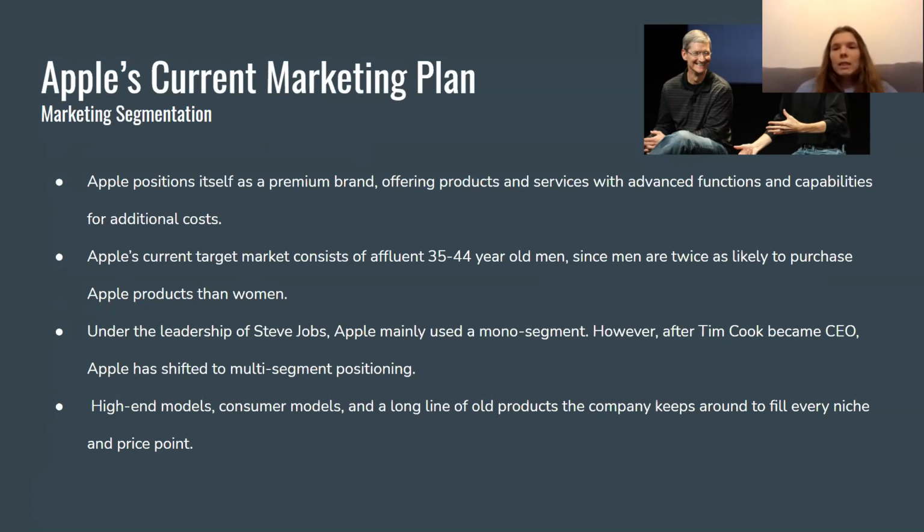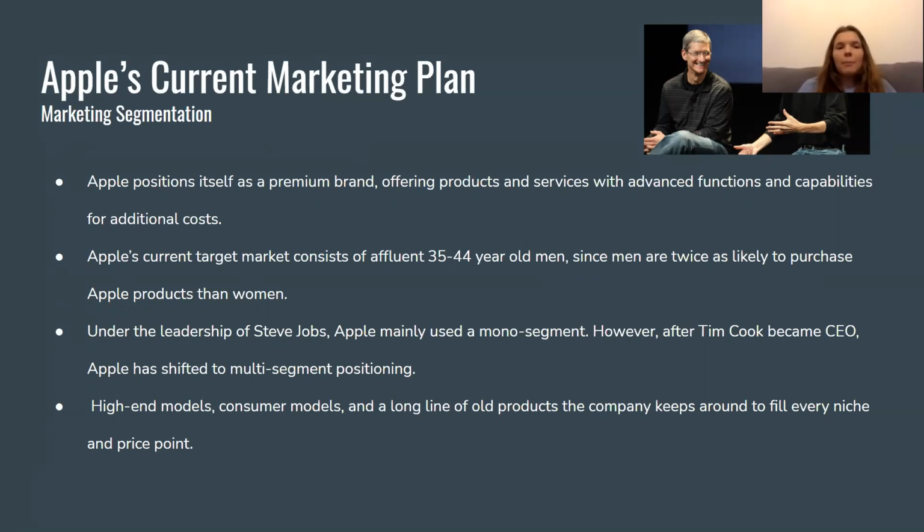Under the leadership of Steve Jobs, back in the beginning of the whole Apple company, they mainly used mono segment, which just means they created one version of the product. They didn't target it towards a certain group. They just came out with a product, and because it was a good product, they knew people were going to buy it. However, since Tim Cook became the CEO, they have shifted to a multi-segment positioning, and